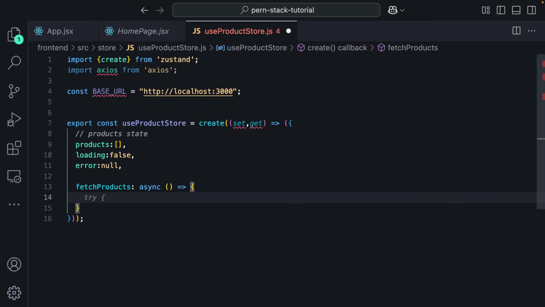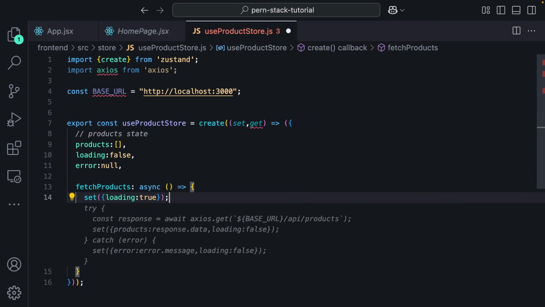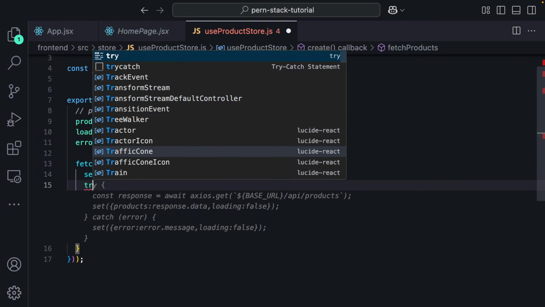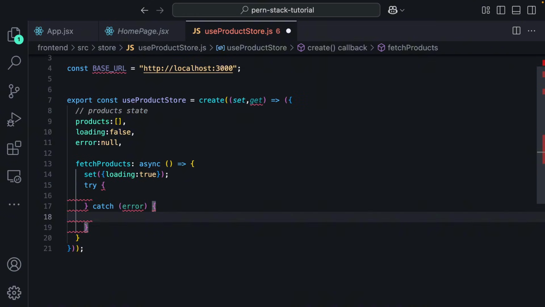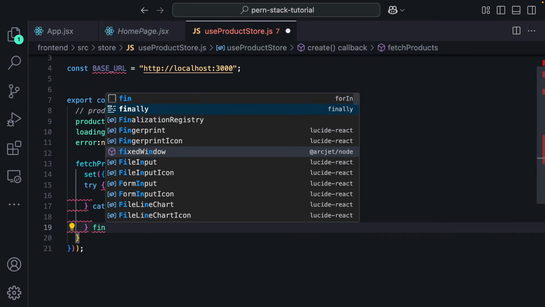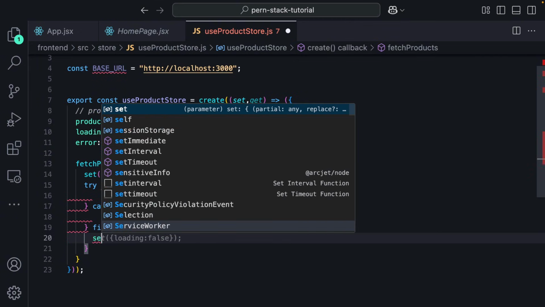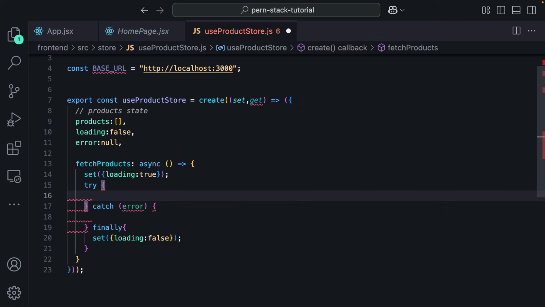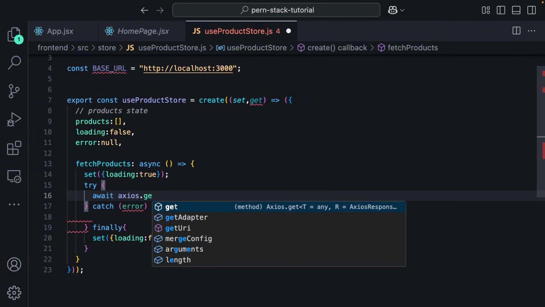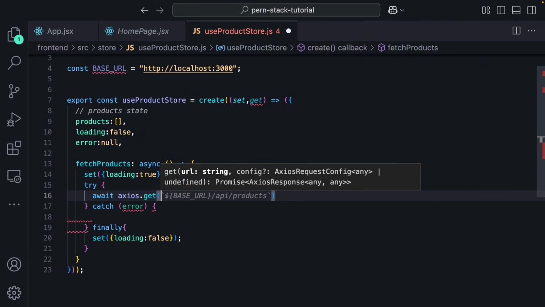Let's say first things first, we would like to set our loading state to be true because we are trying to fetch some data, and we'll have try and catch blocks. In the catch, we can just say, okay, maybe we'll come back to it later. Let's say finally, either we succeeded or we failed, we would like to just set the loading state to be false. And in the try, we would like to send a GET request with the help of Axios to our base URL